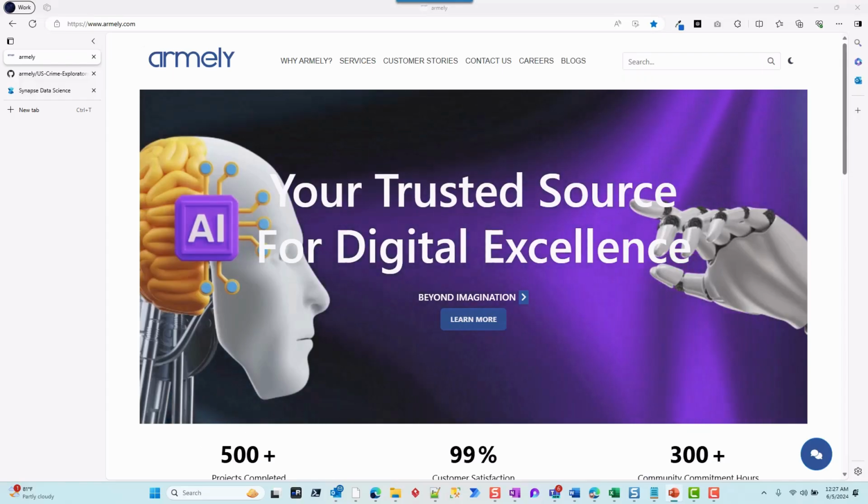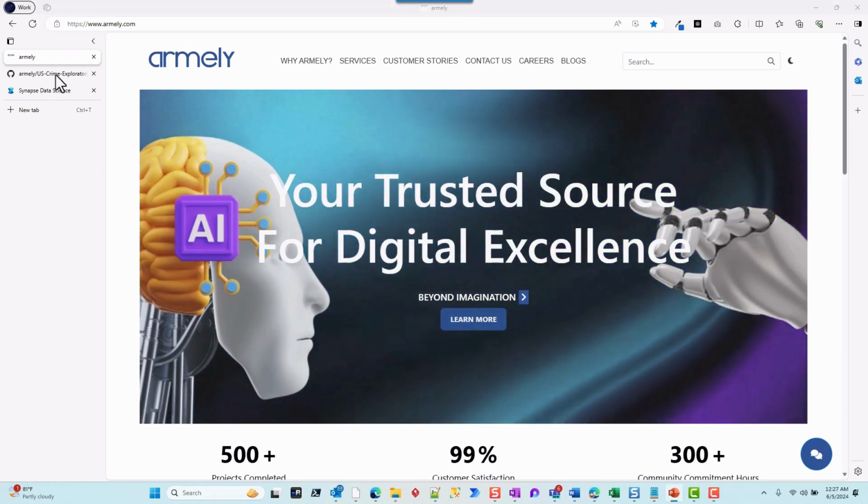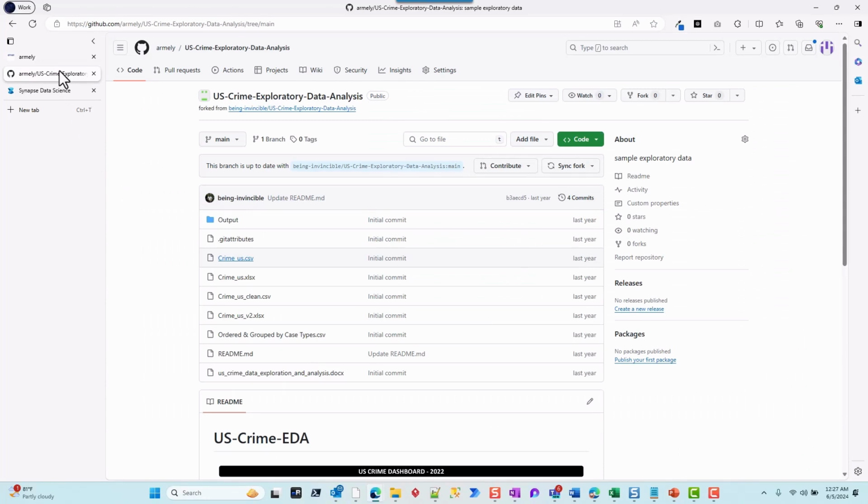All right. The data that I'm going to be using tonight is coming from our GitHub. You can get data from any of your data markets or your internal data. As I mentioned, if you already have your data in your Fabric environment in your Lakehouse, you can still bring it into Data Wrangler and use it. But at the moment, I'm going to use data that is external to our Fabric environment, coming in from our GitHub. The data set that I'm going to be using is this one here, Crime US. So if I go ahead and access that CSV file,